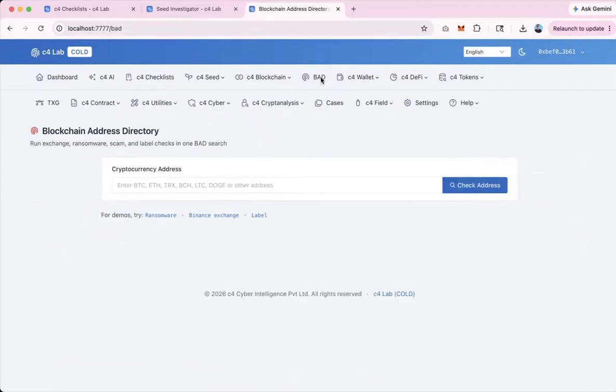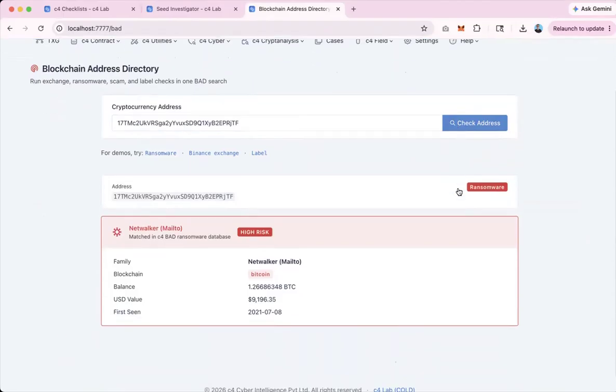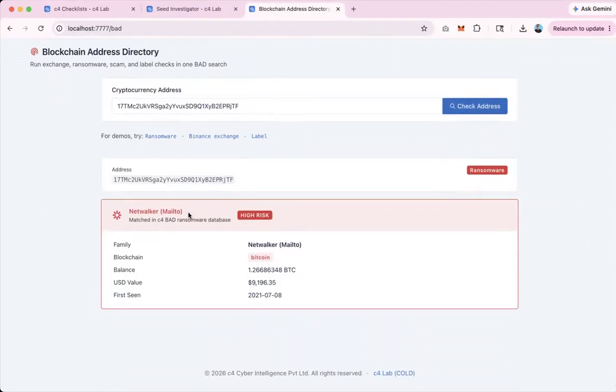One of the very interesting features is called the blockchain address directory. So we are creating a very credible database of known cryptocurrency addresses. These could belong to criminal elements, like for example, here it could be a ransomware. All we need to do is enter that address and click on check. And it tells us that yes, this particular address is known to belong to a ransomware family, and some more